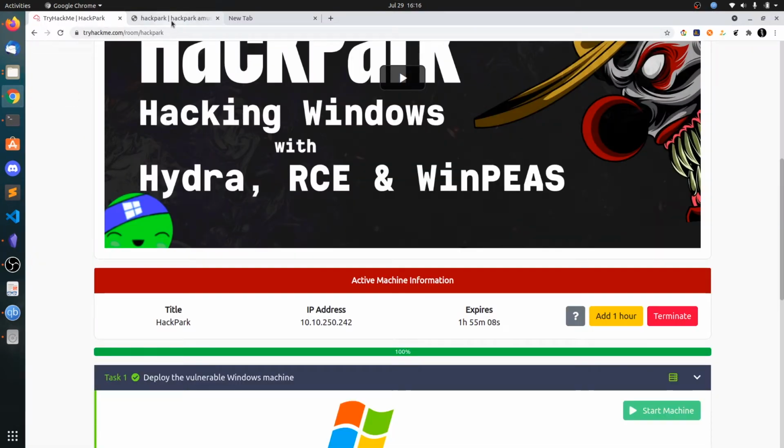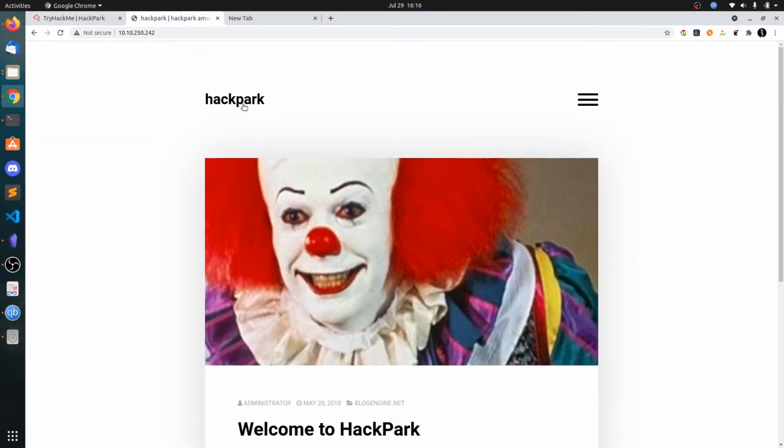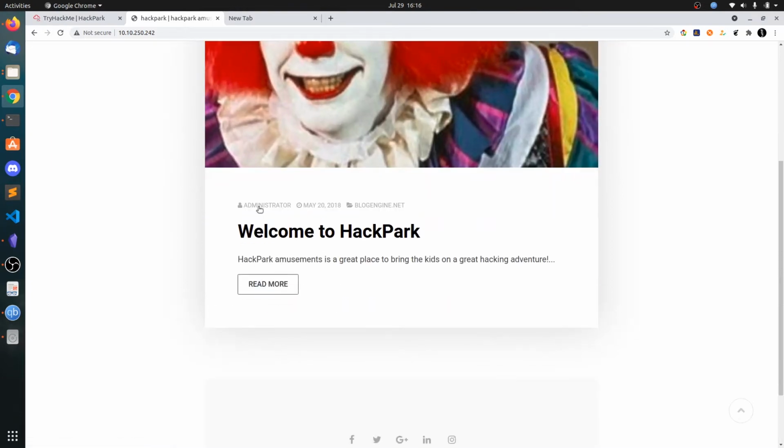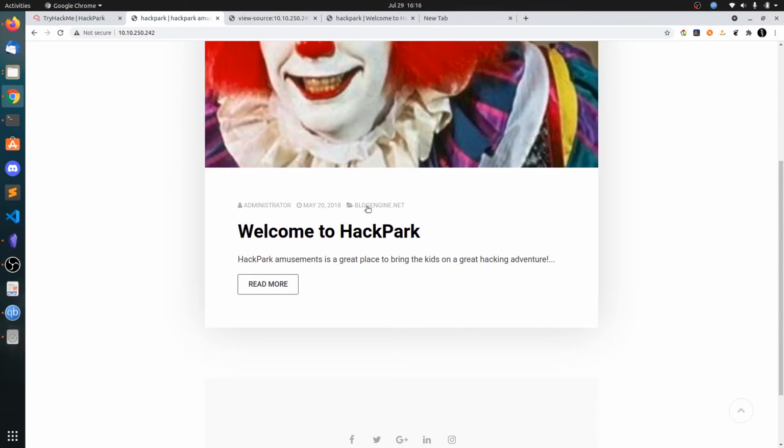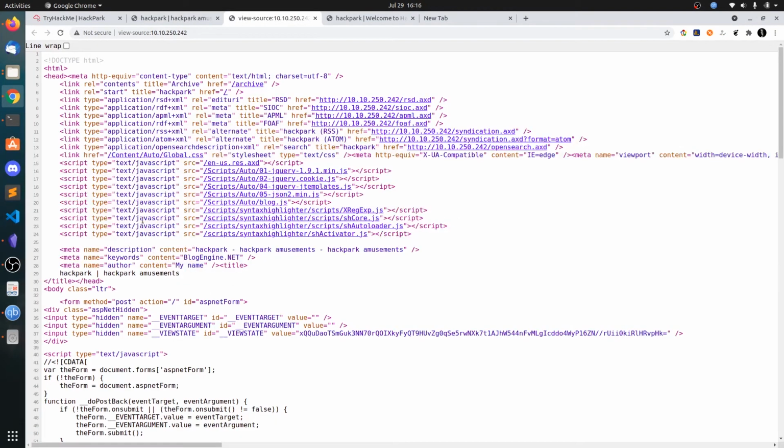So let's go to the website, and this is the website. It says Hack Park and the administrator, the date, and BlogEngine.NET. So let's open this and press Ctrl U to see any version of this BlogEngine.NET. What you can type is generator.